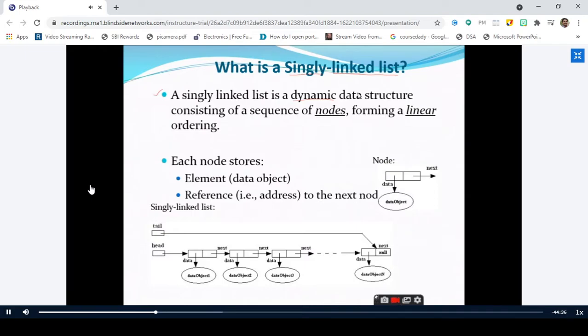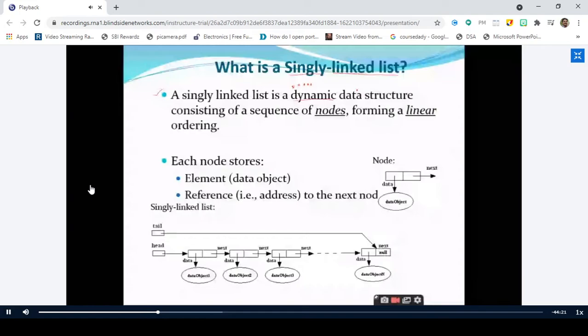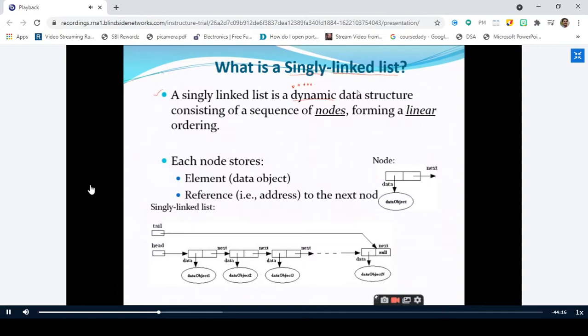So the linked list is a very important data structure. Very, very important. Why? Because we make use of the dynamic memory. The linked list memory will be allocated dynamically. When you make use of the dynamic memory allocation, we have a lot of advantages like what we have discussed. We will save a lot of memory without wastage, and we allow the programmer to increase or decrease the size during the runtime. That is the advantage we get from the dynamic memory.